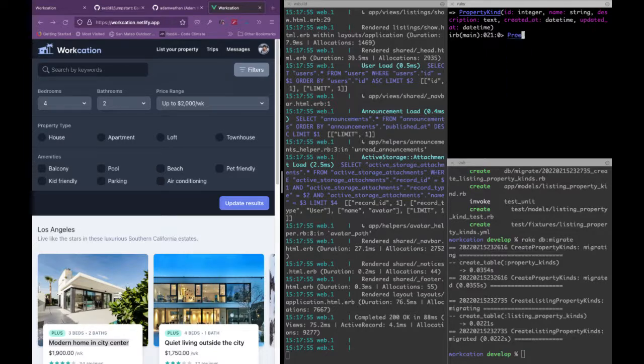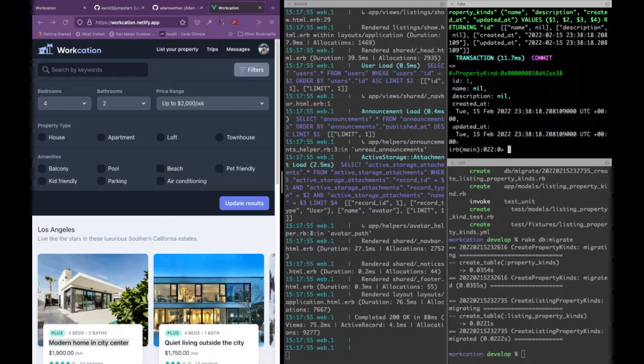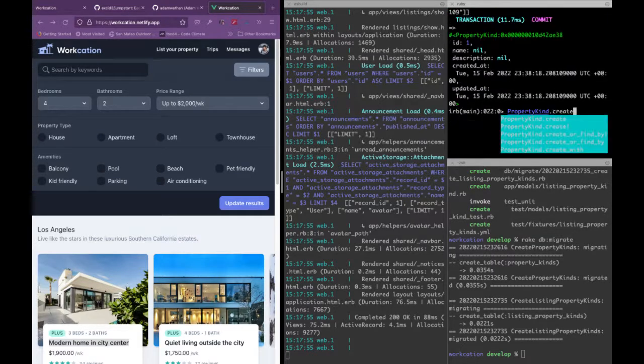Still don't have the drop down thing figured out yet. Create. Hey, it's tab. Okay. The name is, we're just gonna call this a house. House and